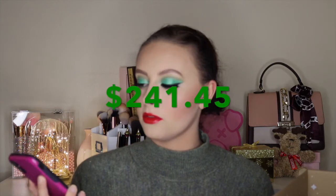Let me go ahead and add up everything and see how much it was worth. All right, so it says that the value of the box is supposed to be around $200 or more, and mine ended up being $241.45. So that's not bad at all, almost $50 over. You pay $50 4 times a year. If you pay for the full year, you get it a little bit cheaper and you get to choose more